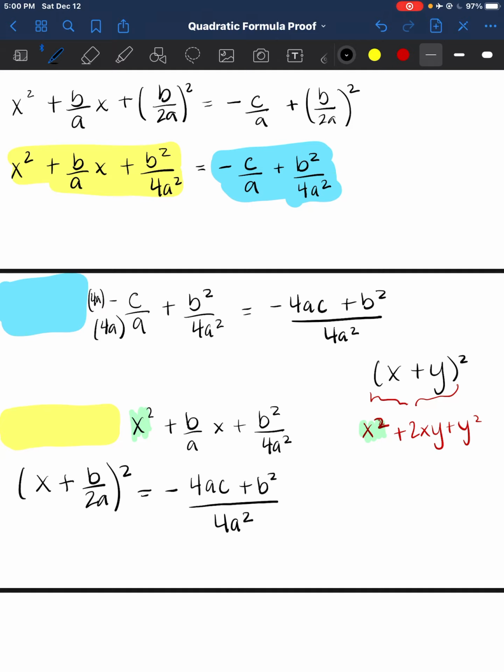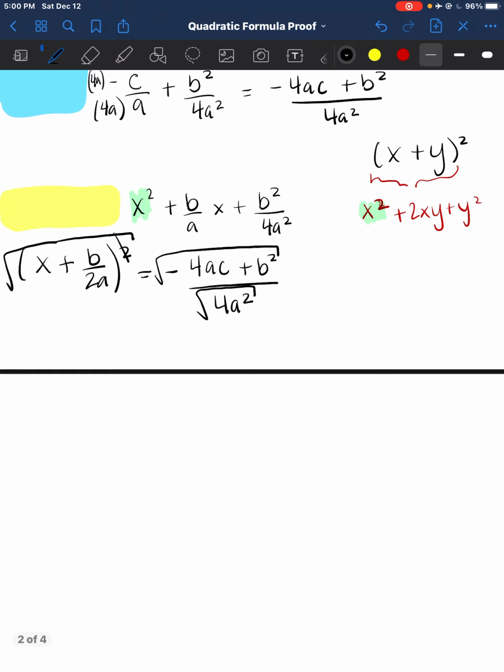Now, we're very, very close. All we have to do is get x by itself. So we just square root both sides. The squares cancel, and now you have x plus b over 2a is equal to plus or minus square root b squared minus 4ac